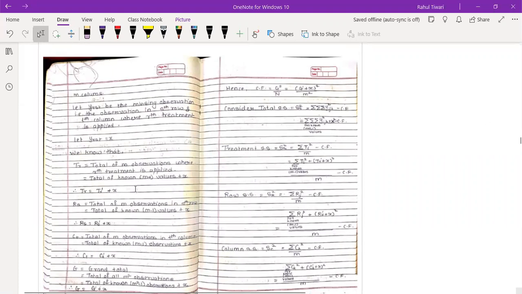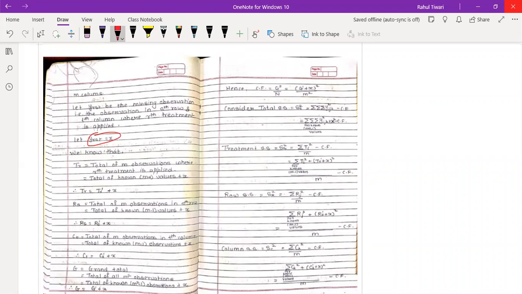Okay, fine. And similarly, Y_RST is the missing observation in the Sth row, Tth column, where the Rth treatment is applied, and it is nothing but your X, which we need to obtain. Now, what is T_R? It's the total of M observations where the Rth treatment is applied. How do you get the total? T_R dash plus X. Again, R dash. When I talk about the dash, remember that this dash means one observation has been reduced. Okay, I will not repeat it again and again.